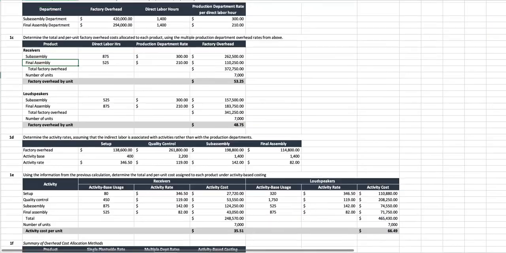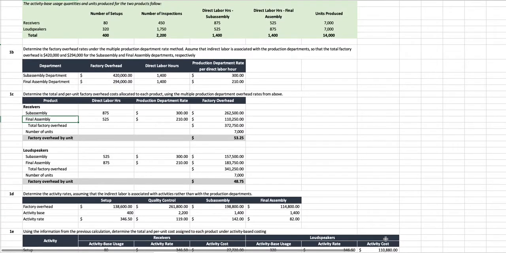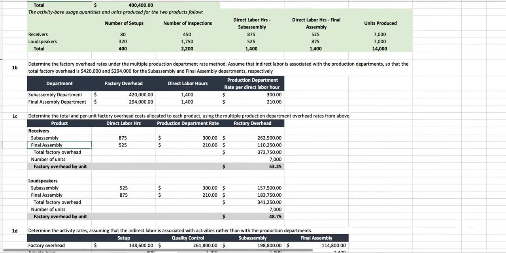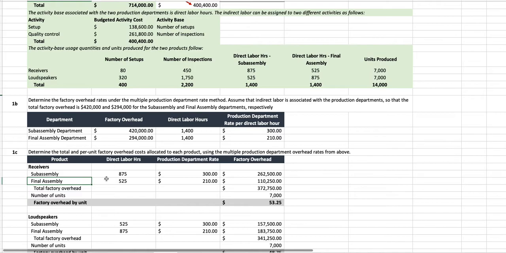There we go, so that we can see what we're doing. Okay, so we know that we spent 875 hours on receivers during this reporting period, and we spent 525 hours on loudspeakers, and you can see the loudspeakers down here. So we lay in the direct labor hours,